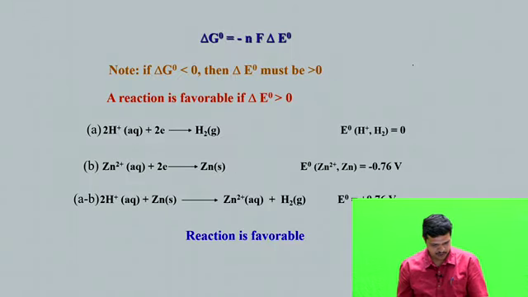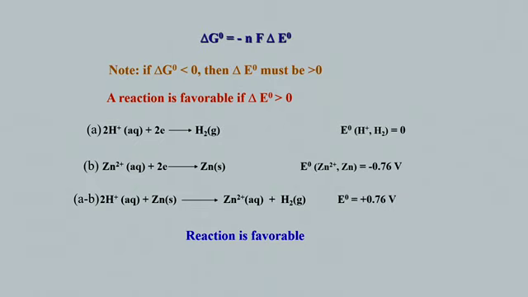So, as I told you, you can calculate whether this reaction is spontaneous or not by simply using this famous thermodynamic equation: delta G0 is equal to minus nF delta E0. If delta G0 is negative, then the reaction is spontaneous, and if it is positive, then the reaction is not spontaneous. Okay. So, like here